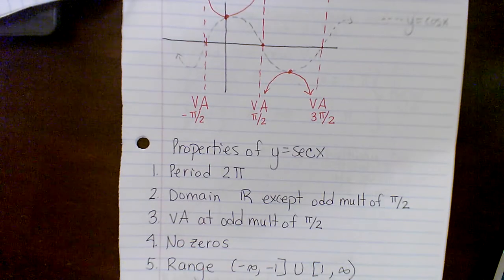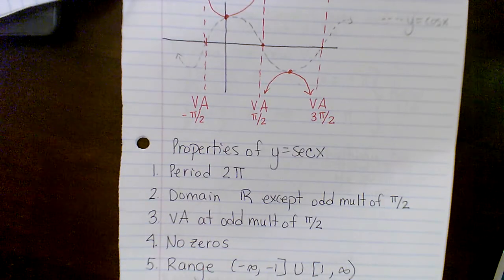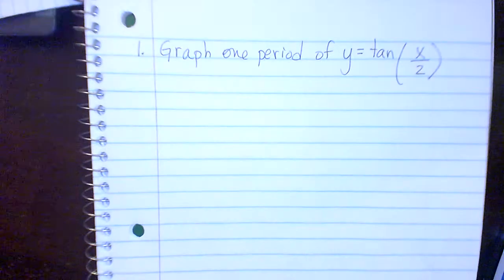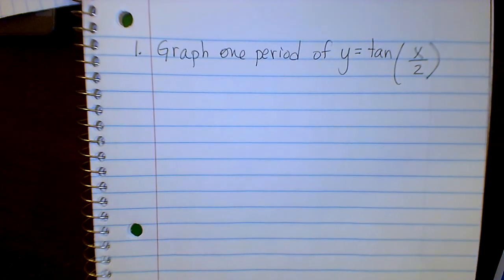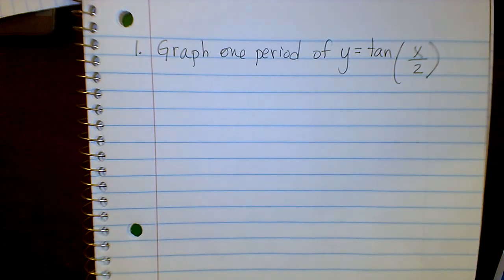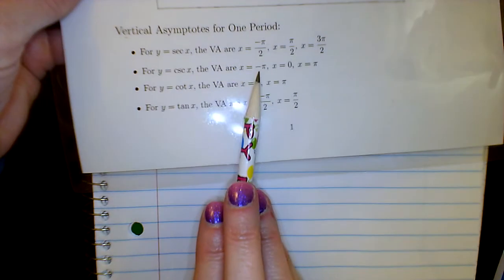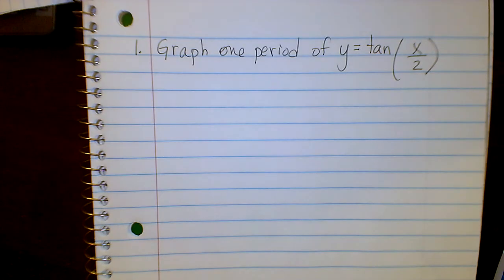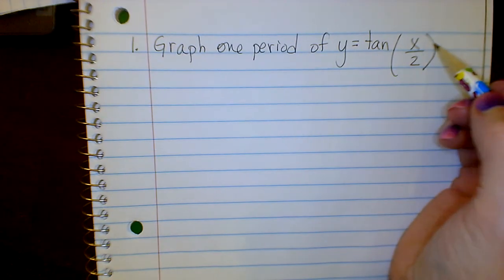Okay, so graphing these is going to be very different than how we did the sines and the cosines. Okay, so let's just do one of these and see how it goes. So let's graph one period of tangent of x over 2. Now here's what we're going to have to do. You'll notice on your formula sheet that I gave you the vertical asymptotes for one period for each of those functions. So what we're going to do is take the argument,